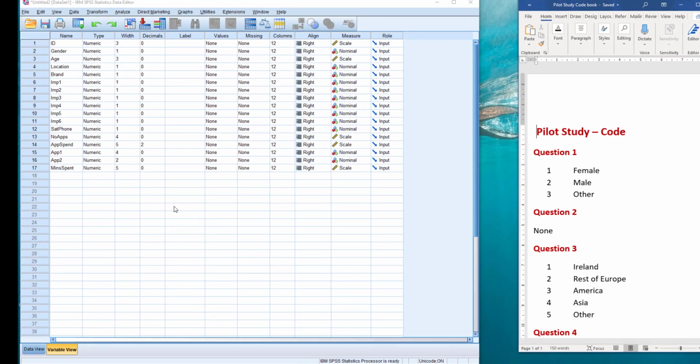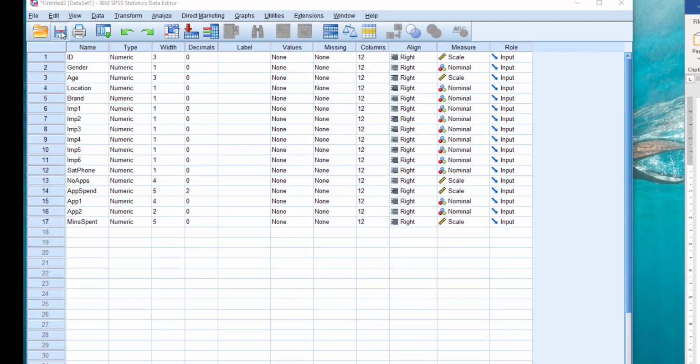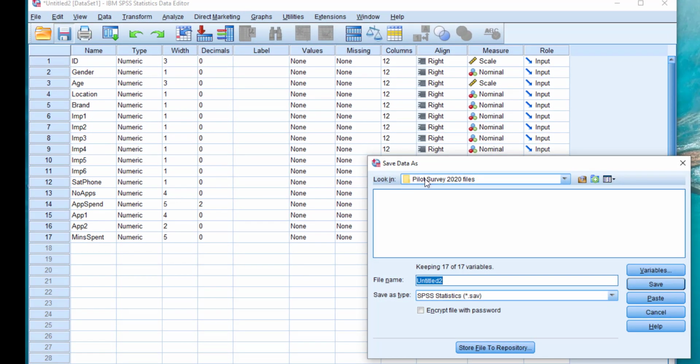So now I'm back here. Before I do anything else with this file, I'm going to save this file as well, because right now it's called Untitled. I don't want it to be untitled. I want it to be saved from the get-go, so that anything I do I can just quickly save and it's fine. So I'm going to click on the Save button here,